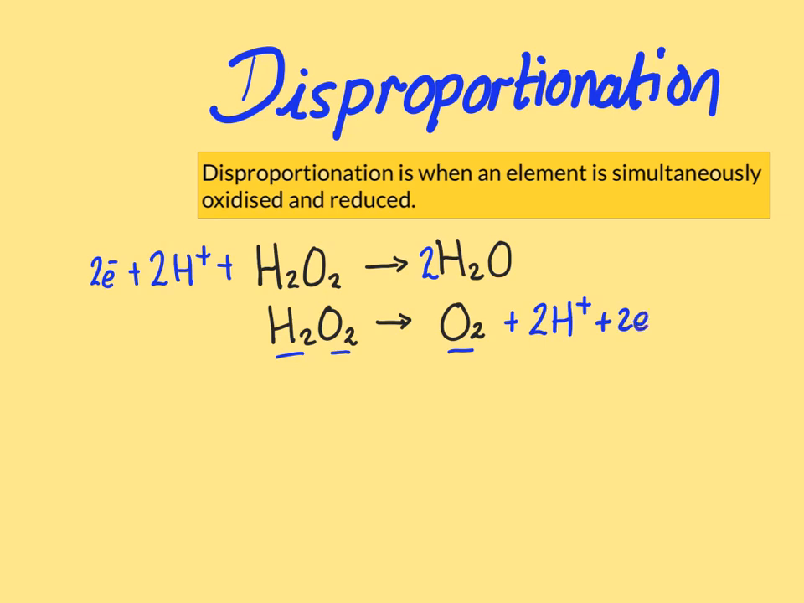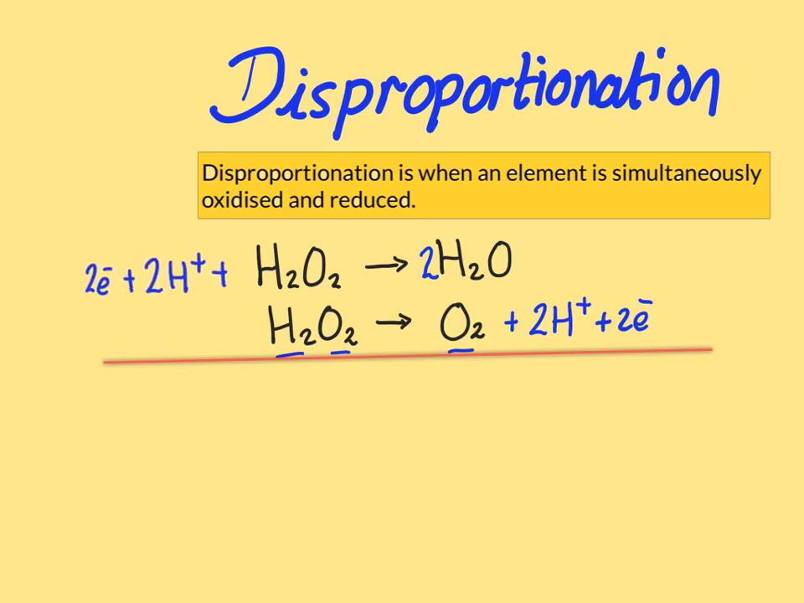to add 2 electrons. When we add these 2 equations together, the electrons cancel out on both sides, so we'll cancel those electrons out here and here. Then we can bring all of the other substances down. But notice we also have hydrogen ions appearing on both sides, so we can cancel those out. So the overall redox equation is 2 lots of hydrogen peroxide forming 2 moles of water and 1 mole of